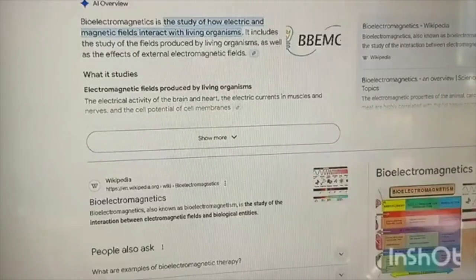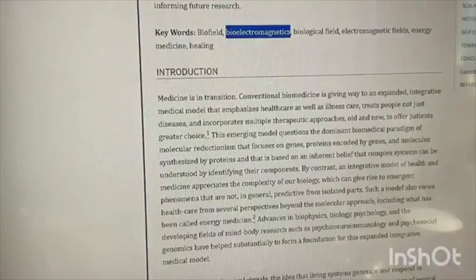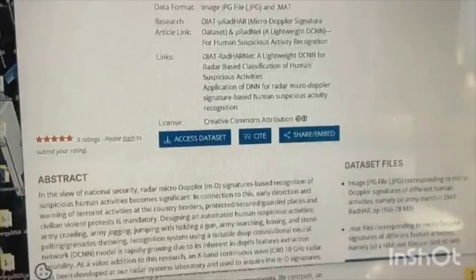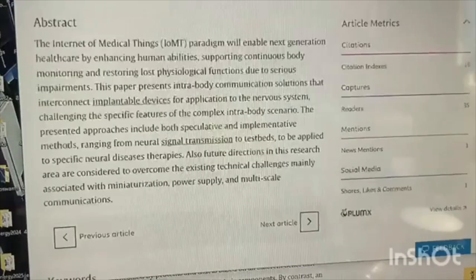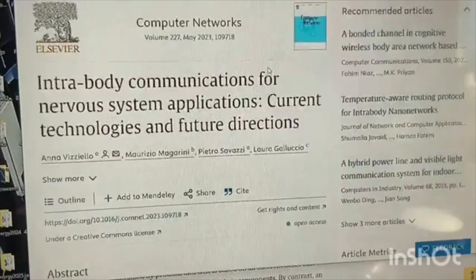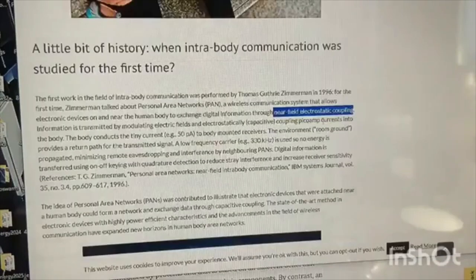Okay? And so what happened was the human biofield is anatomical, and biomedical engineering is built around accessing this human anatomy for e-health, m-health, and telehealth, intelligence, surveillance, and reconnaissance for that human activity recognition radar. In the view of national security, radar micro-Doppler signatures-based recognition of suspicious human activities becomes significant. Okay? And then there's your Fitbit and your Wii and your Apollo Neuro, Internet of Medical Things. And they've been very busy with this